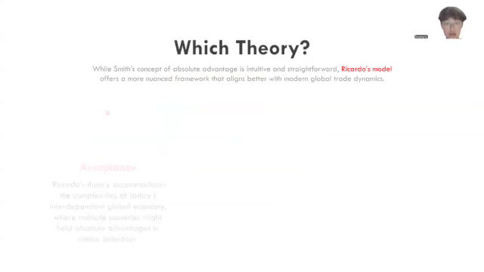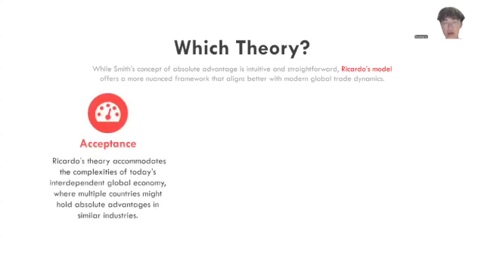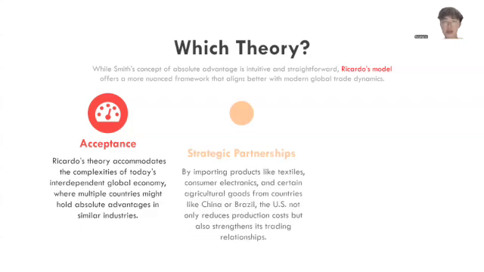Firstly, Ricardo's theory accommodates the complexity of today's interdependent global economy, where multiple countries might hold absolute advantages in similar industries. For example, while Germany excels in automobile manufacturing, Ricardo's perspective suggests that the U.S. government focus on areas like electric vehicles and autonomous driving technology, where the opportunity costs are lower and its innovative capacities are unmatched. Secondly,